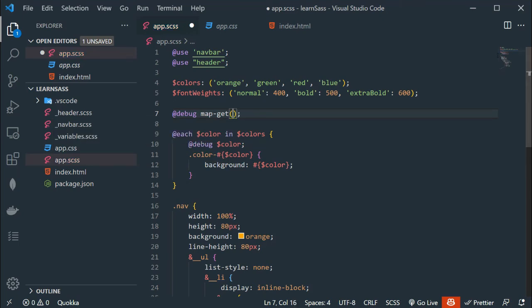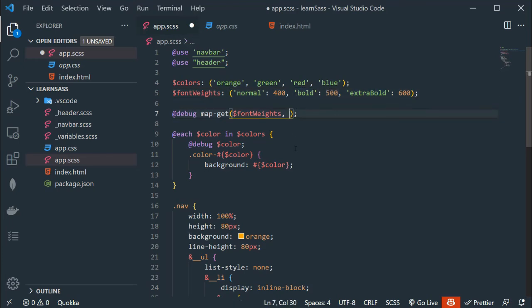First of all we have to add the map name. So we have this map, let me copy paste that. And second, we can add the key name. Let's say I want to access the 500 value. For this value we have the bold key.